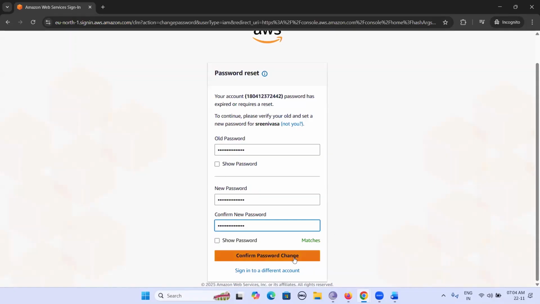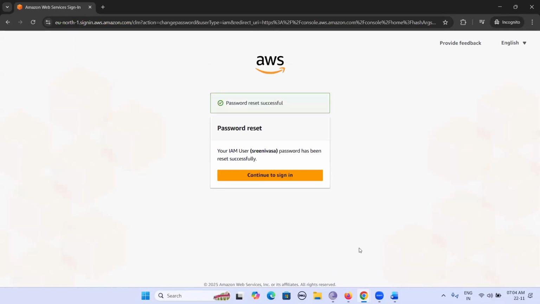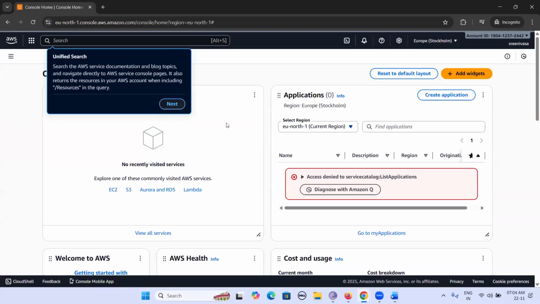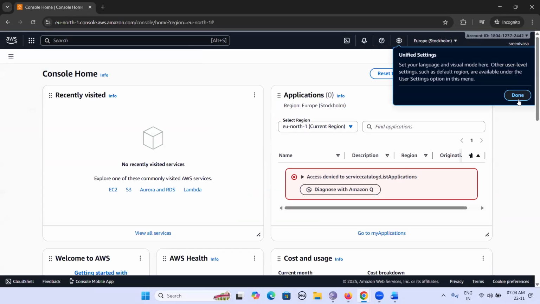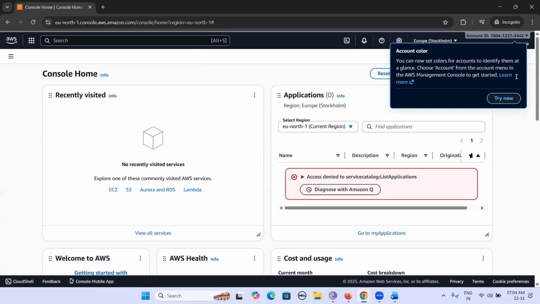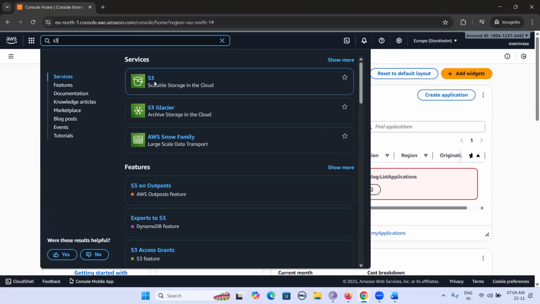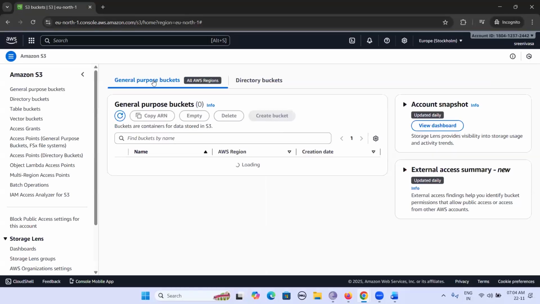Then click on confirm changes. Then click on continue sign in. Now you can see the IAM user console. Okay. I am trying to access S3 team. Let me click on S3 service, search S3 service, click on S3. You can see